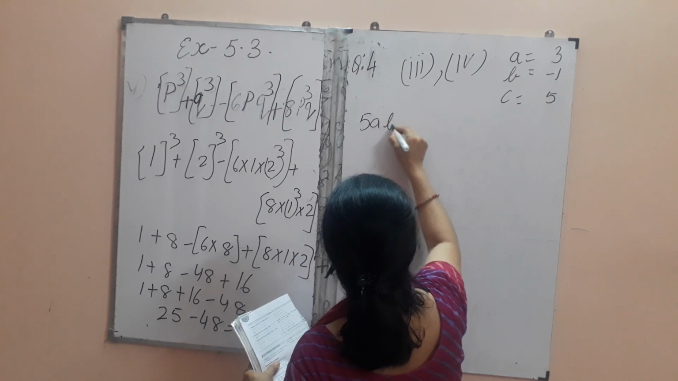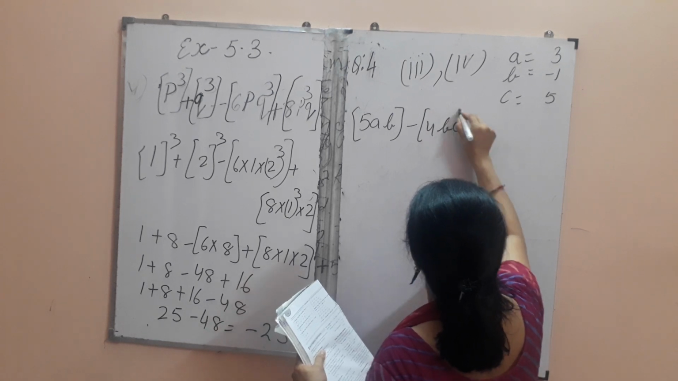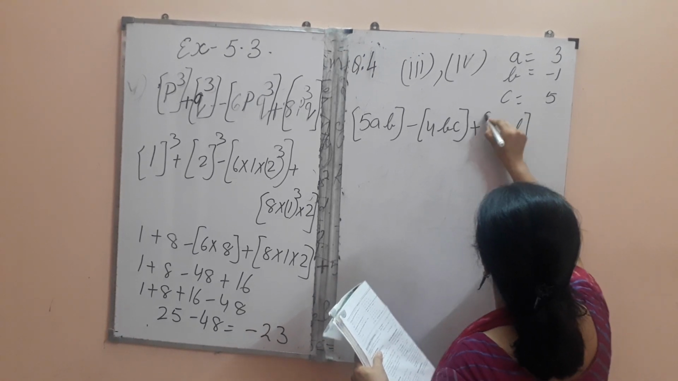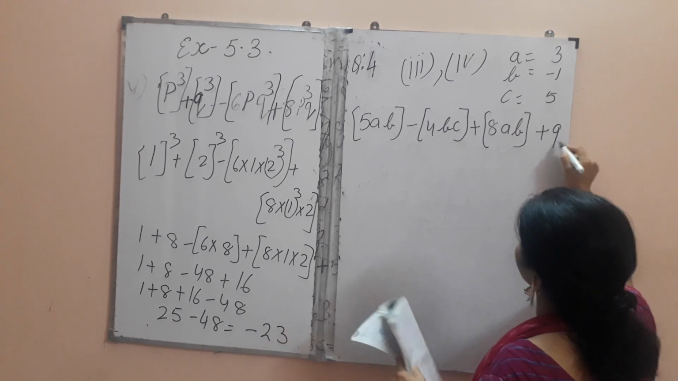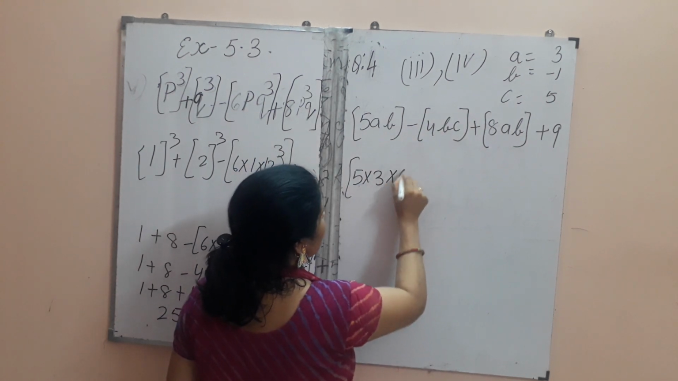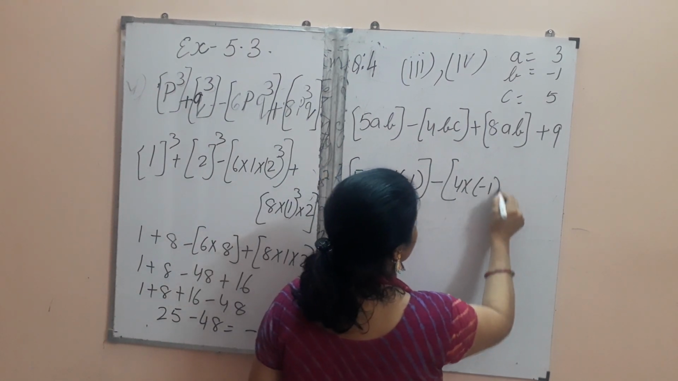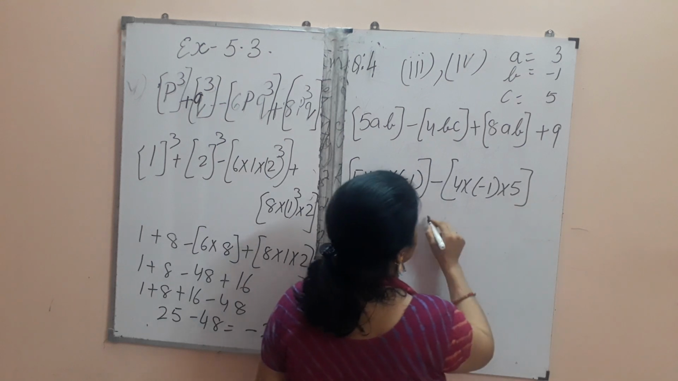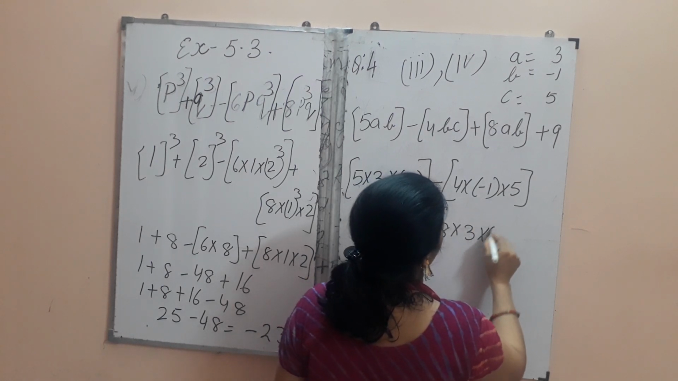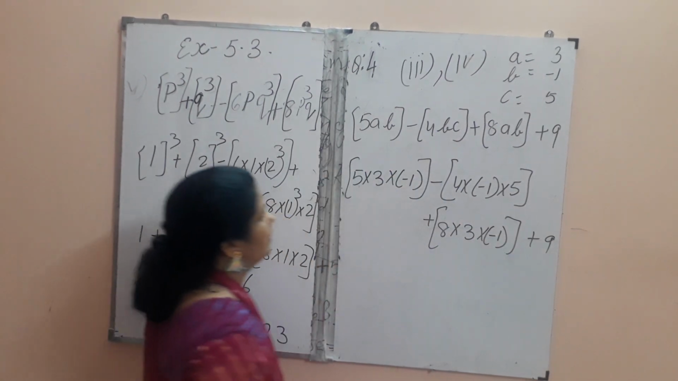5AB minus 4BC plus 8AB plus 9. Now, 5 into A is 3 into minus 1, minus 4 into B is minus 1 into 5, plus 8 into A is 3 and B is minus 1, plus 9. First we will put the